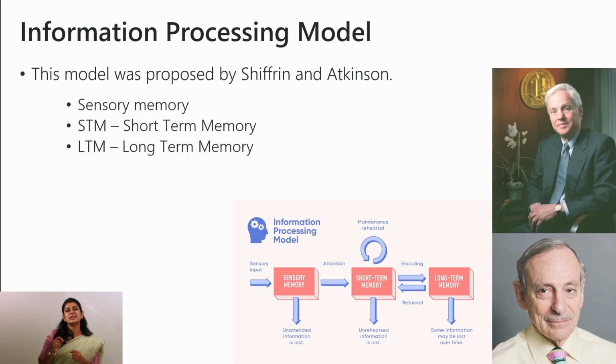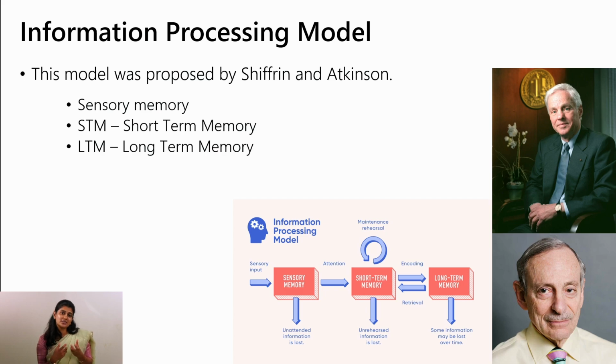This model presents memory as a structured system that operates through distinct stages: sensory memory, short-term memory, and long-term memory. Each stage represents a different function in the processing of information, which emphasizes a linear flow where information is first captured by your sensory memory, then it's encoded into your short-term memory for immediate use, and finally transferred to your long-term memory for longer retention. This model likens the brain to a computer, illustrating how input is processed sequentially and stored for future retrieval.